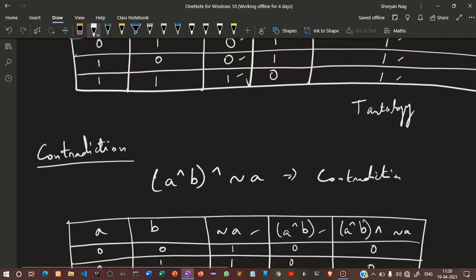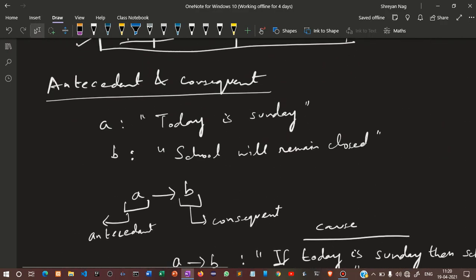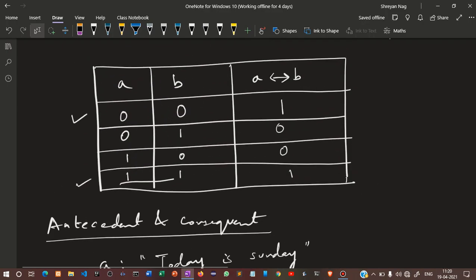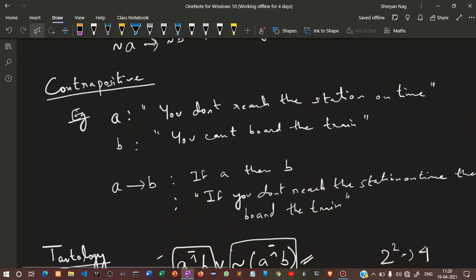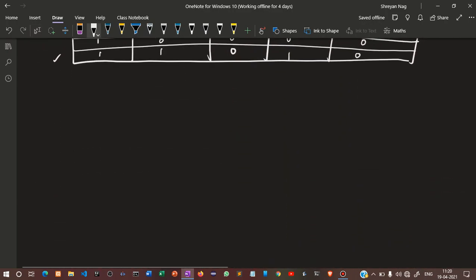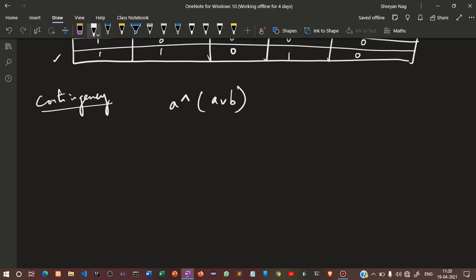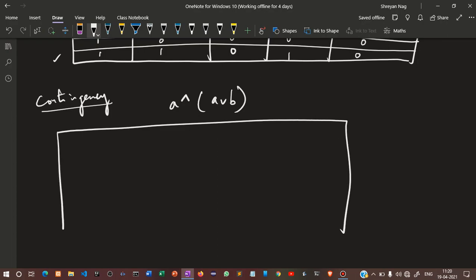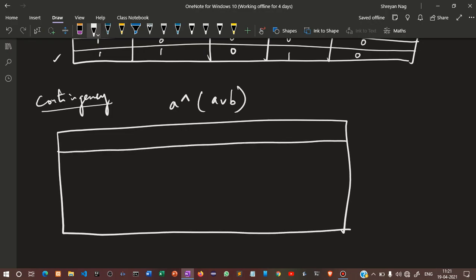And for the previous expression we did, and any other expression where there is both a 1 and a 0, that is called contingency. Let's take an example of contingency. Suppose A conjunction, A disjunction B. Let's draw the truth table to find out if it is contingency or not. Contingency is what? 1 and 0. Please remember that: where the answer has both 1 and 0, there exists contingency.